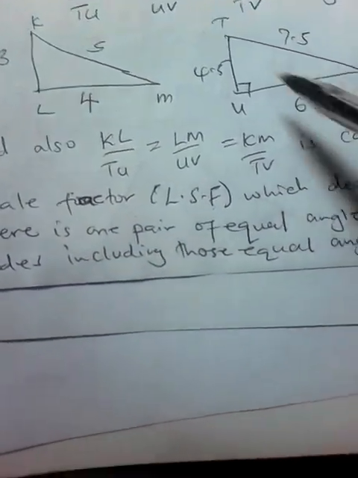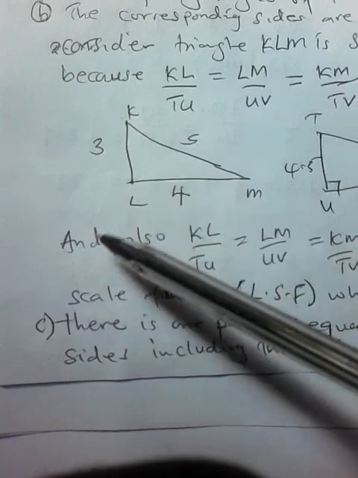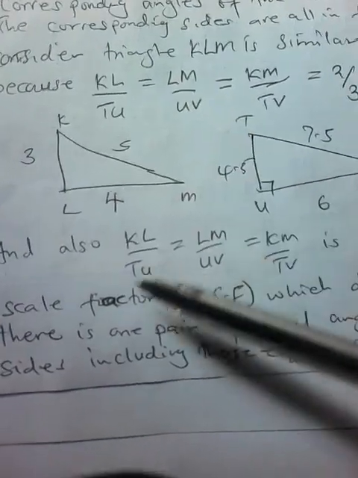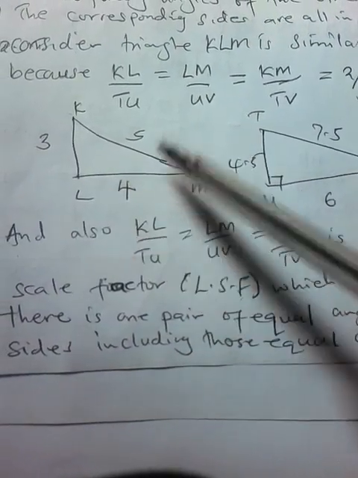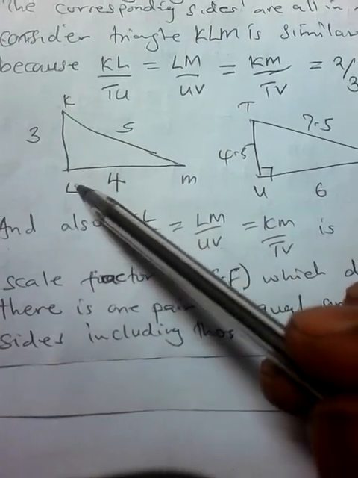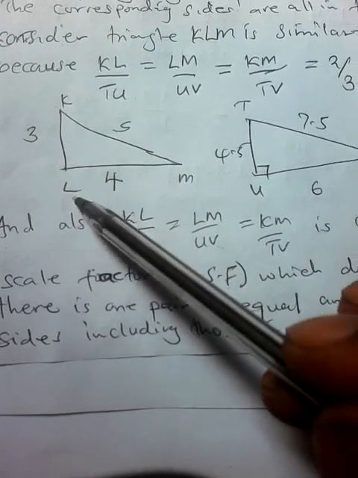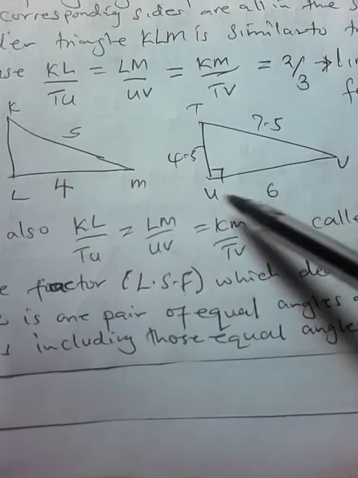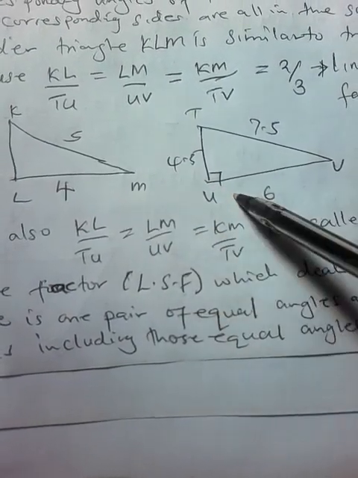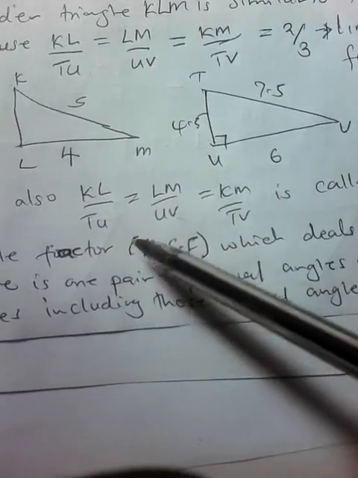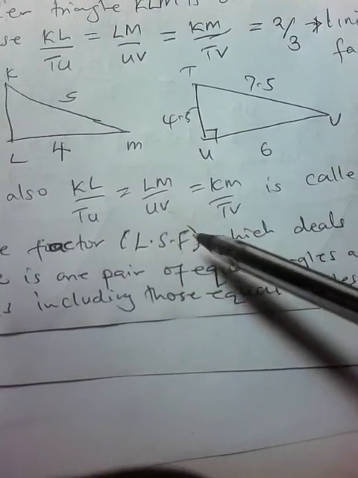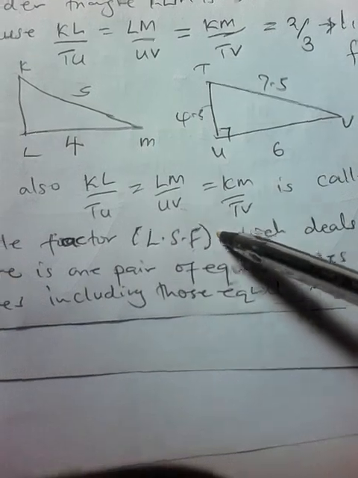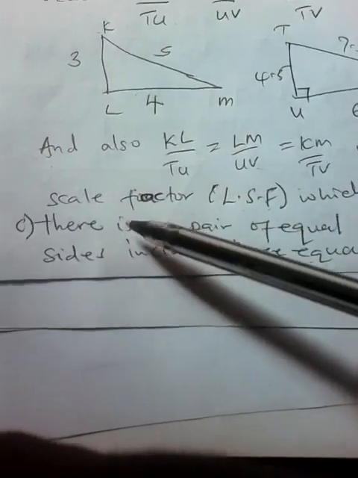So whenever we have this content, we shall be dealing with a linear scalar factor, which will help us to get the similar sides, like LM divided by UV. If you get these two similar sides and divide them, you will obtain what we call the LSF, that is, the linear scalar factor. So from there, we have property